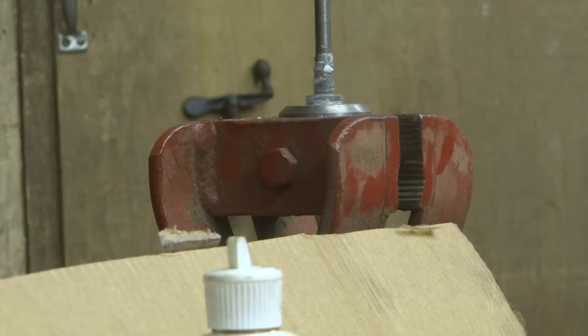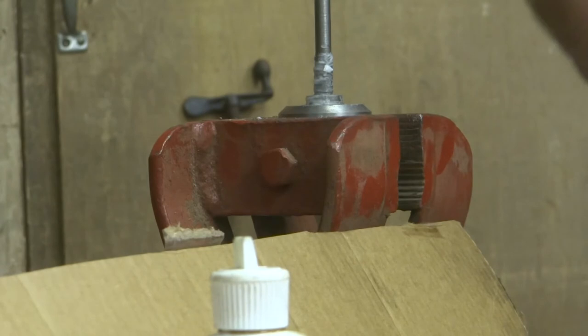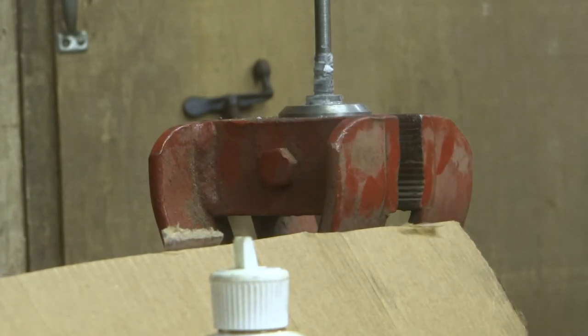Now my striker seems to have grown legs. Oh, let's see. It was here just a minute ago. Huh. Well...